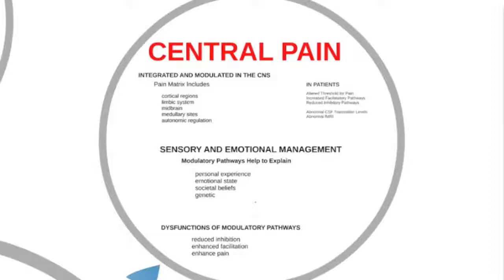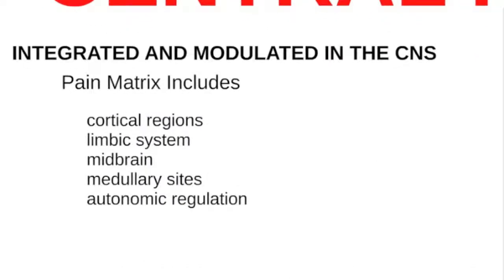Let's now think a little bit further about central pain and pain itself. Pain in the CNS is modulated and integrated at many levels. There's cortical influences, limbic, midbrain, medullary sites, and autonomic regulation. And all these have a positive or negative influence on the perception, the reaction, the emotional content, the memory, their behavior with regard to pain. And so pain is not as simple